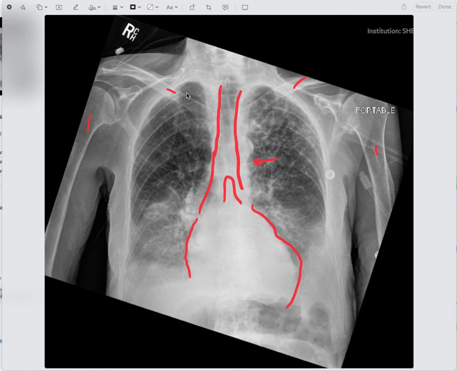D for diaphragms, and here's where it gets kind of dicey. I mean, this patient obviously more than likely has COPD as well, but you can kind of see the diaphragm down here. You can't really see much of anything on the patient's left side. E for everything else, you can see lung markings going all the way out to the periphery on both sides, so you know there's not a pneumothorax, or at least you don't see a pneumothorax. It could still be one, but